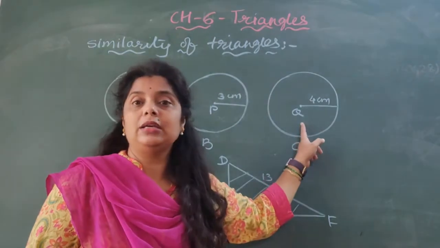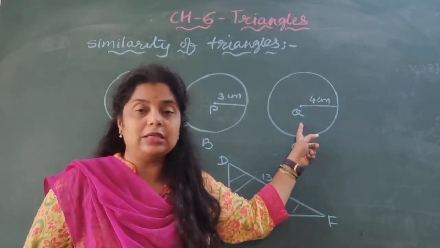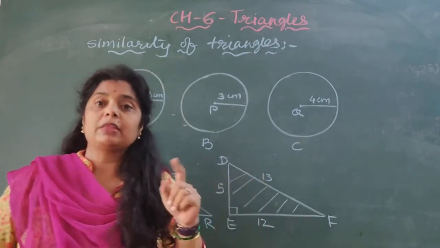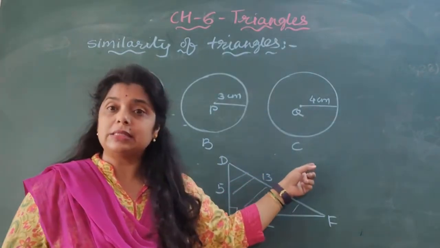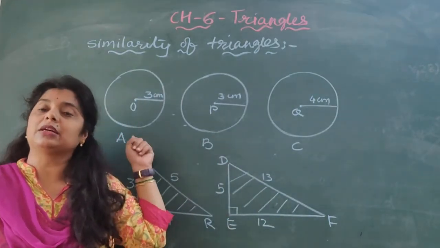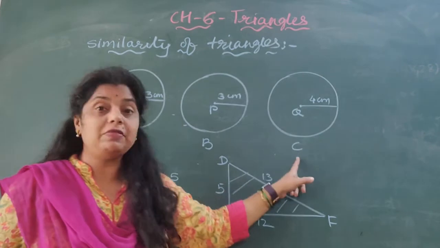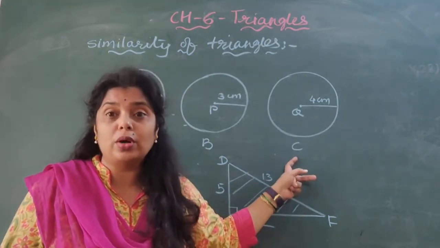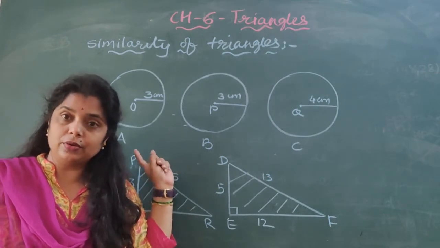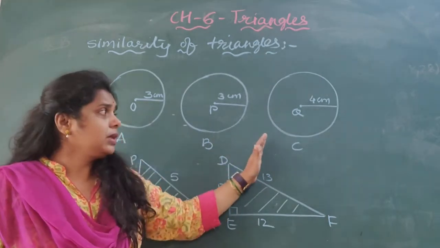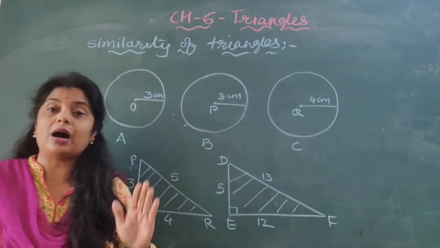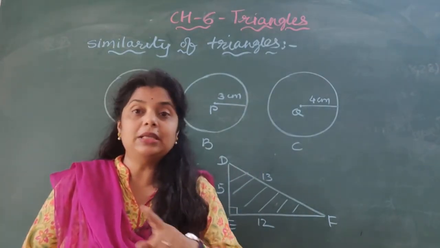Because its radius is 4 cm. Its radius is 4 cm. So in this way, we can say that circle C is similar to circle B and circle A. Circle C, we cannot say it is congruent to B and A. Is it clear? Okay. So by this example, we can say that all the circles are similar but they are